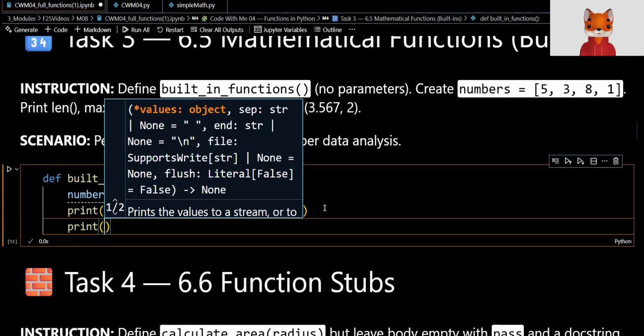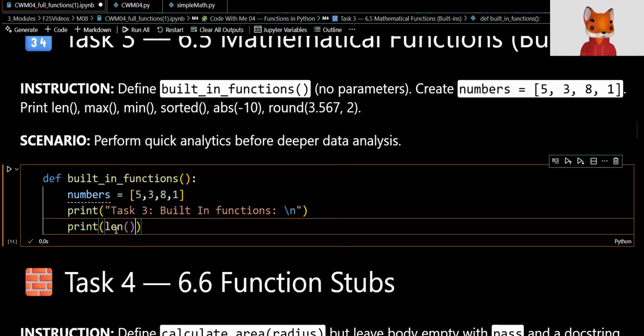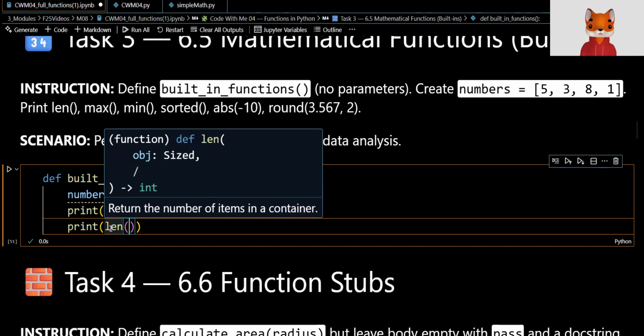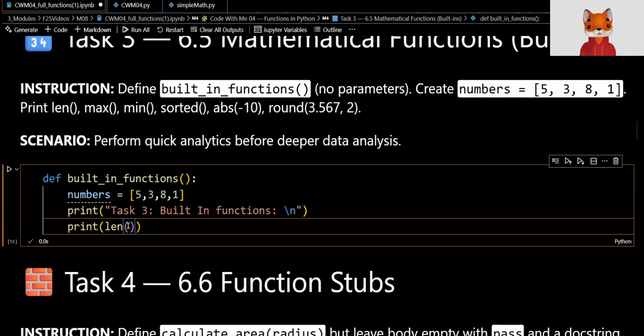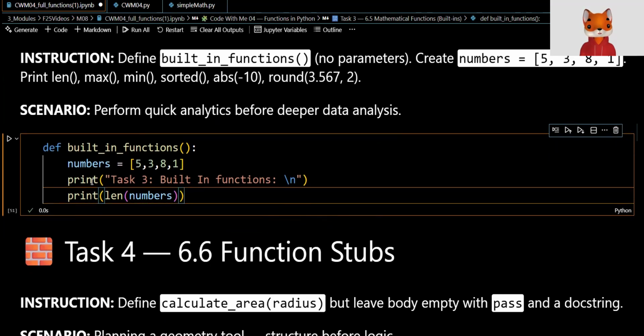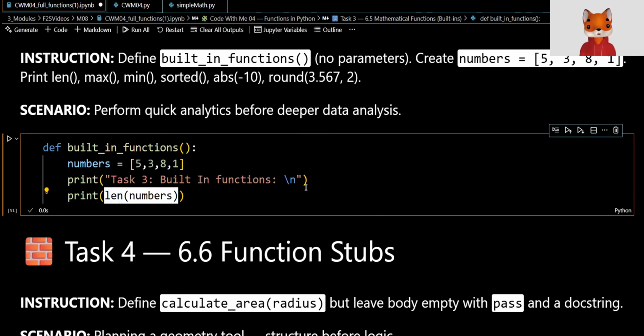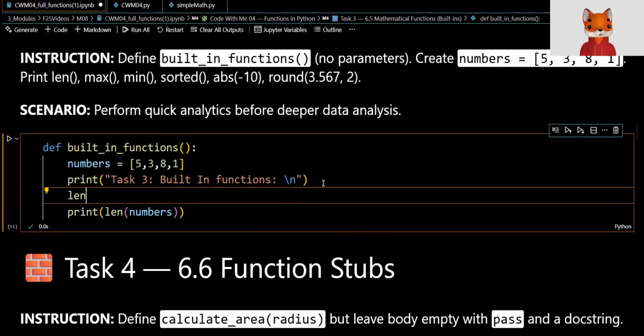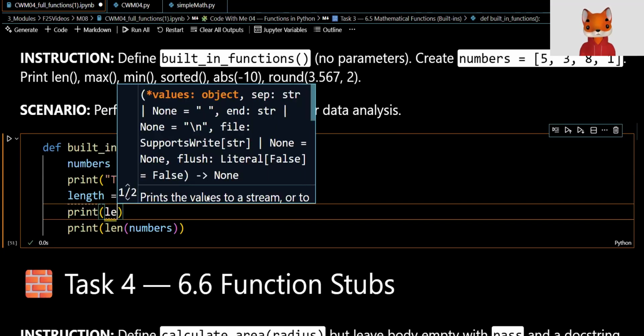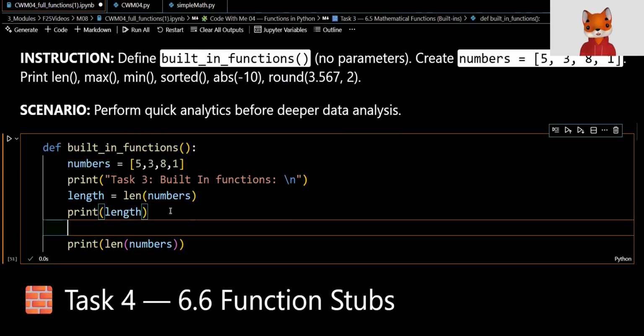All right, and then what I'm going to do is print out the length of this. So we're just going to print, have our length built-in function here, and we're going to pass in as a parameter to this built-in length function our list called numbers. And this will return the length to us. We could also assign this value to a variable called length, and then we could also print that out. And both of those would be applicable. So you could use either or,